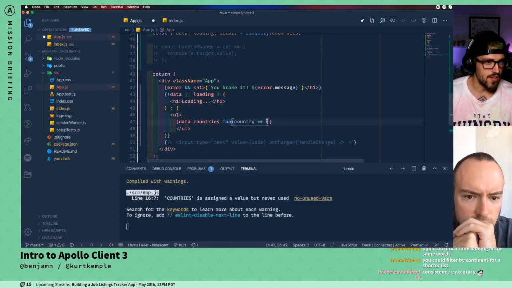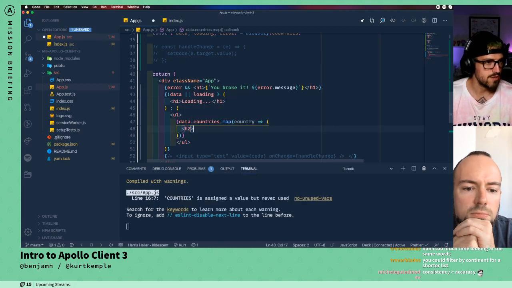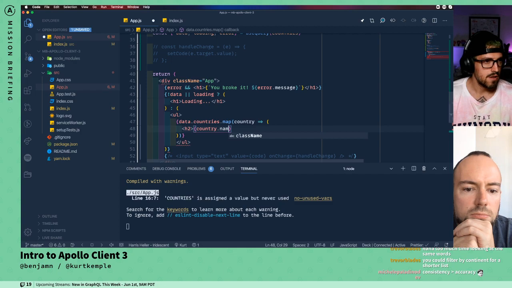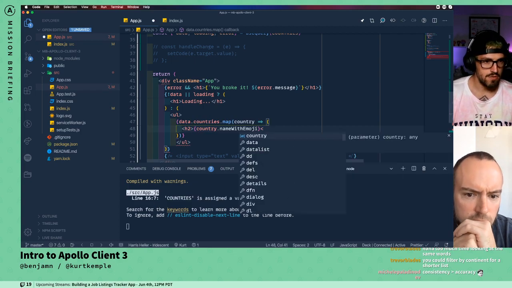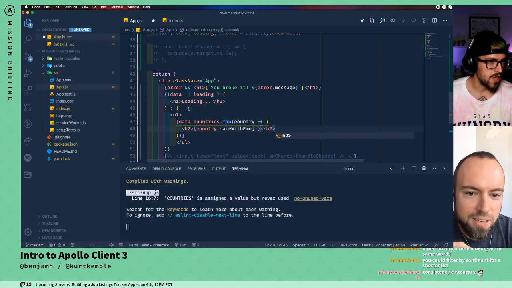And then we can say for each country, for now we'll just do an H2, and we'll put country name with emoji in our H2, and then maybe here we can also